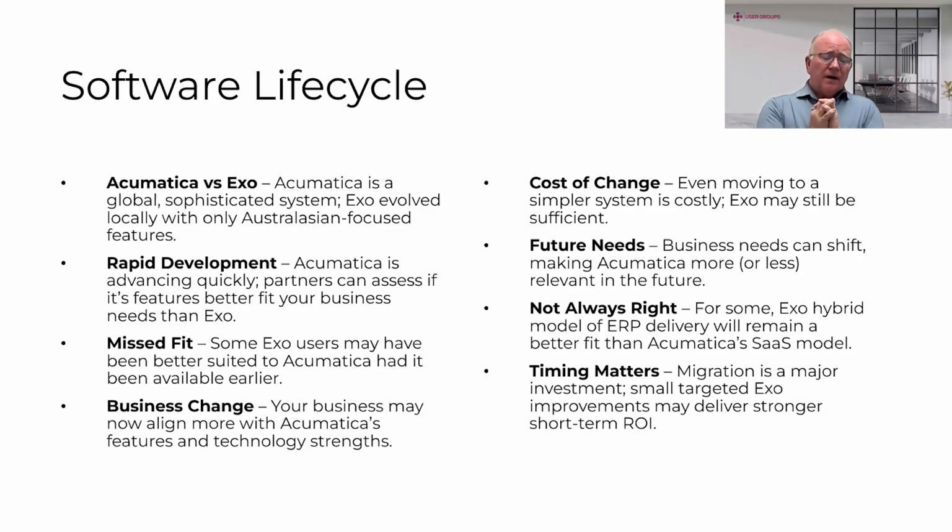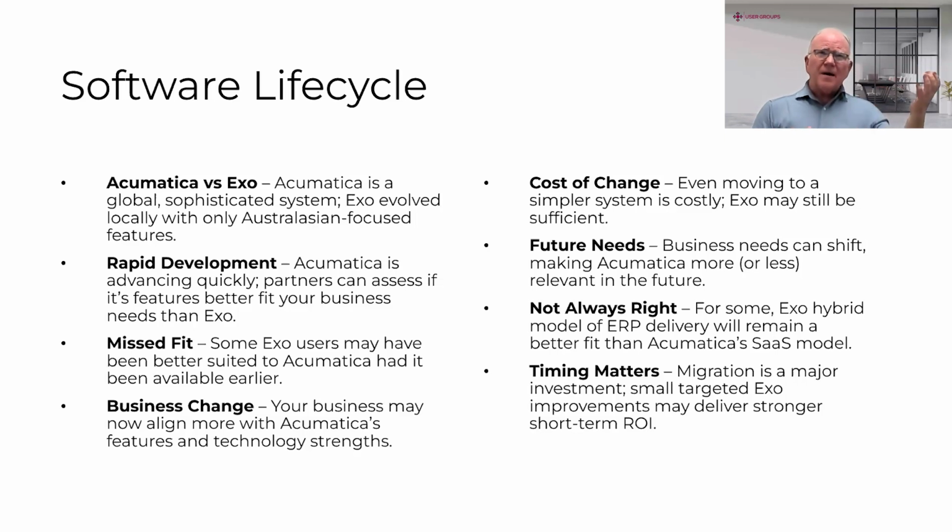But EXO, in contrast, developed from Australasian smaller businesses and built up from there. So it's highly focused on Australasian practices. So there's one difference, that EXO is punching up and Acumatica is punching down to a certain extent,